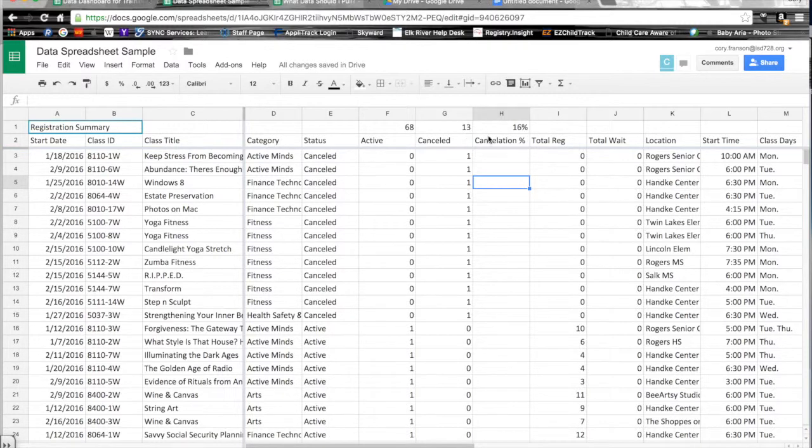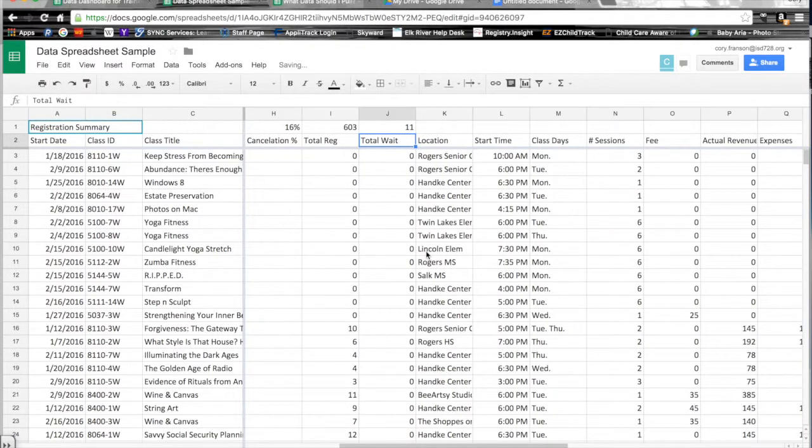Again, one of the neat things about this is, this column here had our total registration. If I actually copy this cell over here that I had the active and canceled total and paste it in here again, it's going to total that entire column again. So now I know I have 603 total participants during that time. My total wait list, it looks like I had 11 classes that I had on my wait list for that given time. If I keep scrolling down here a little bit,